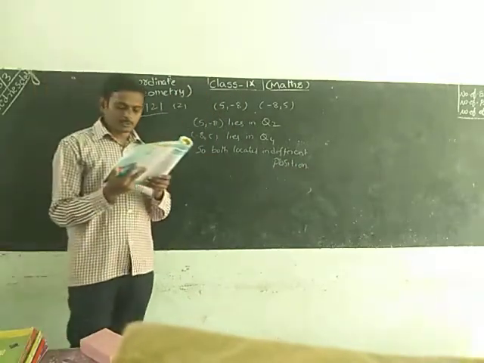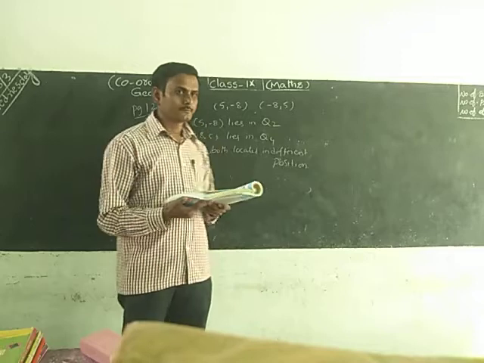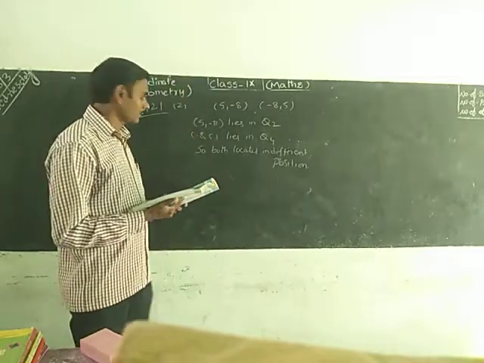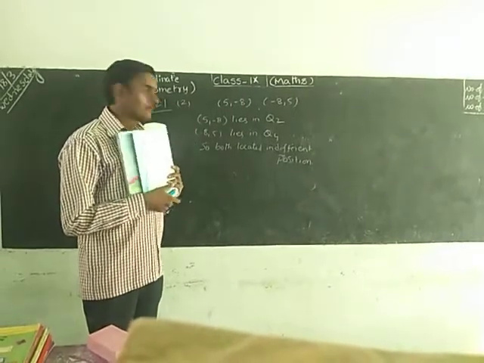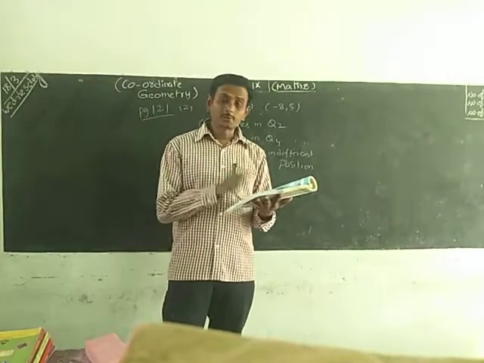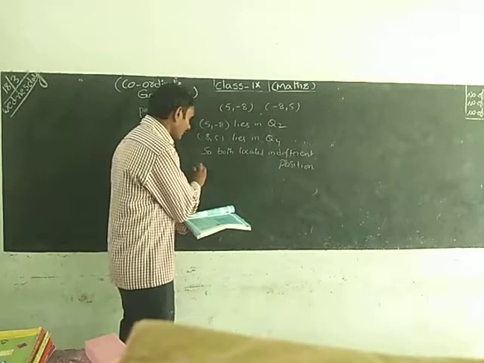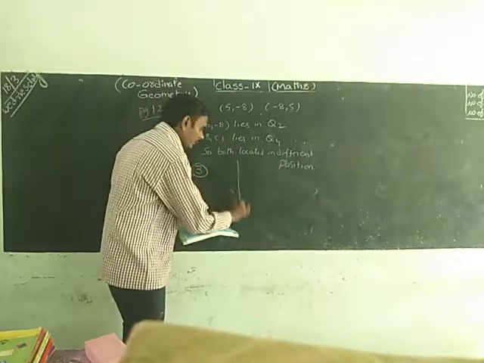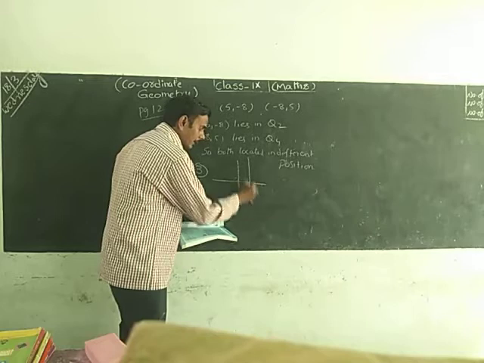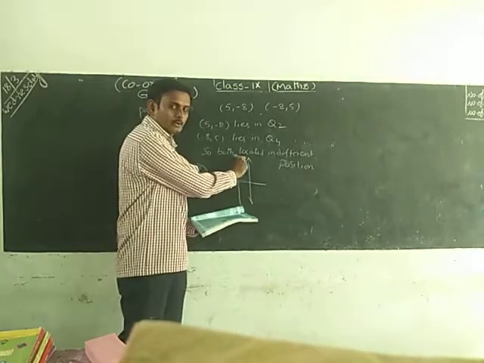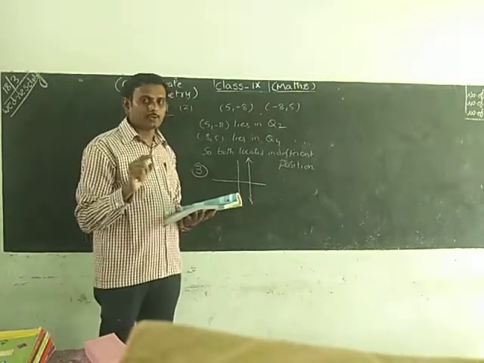Next, the third one. Third and fourth, you can do on your own, just as given. They are already like the first model. If you draw the graph for the third one, we will get a graph like this. We have to take the points and join them, and we will get a straight line like this. The third one is related to the first model only.